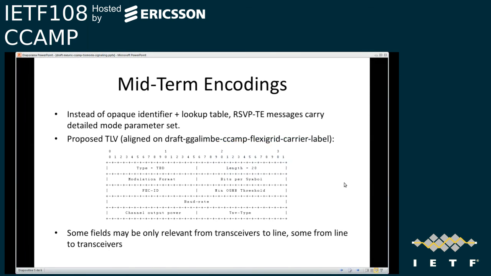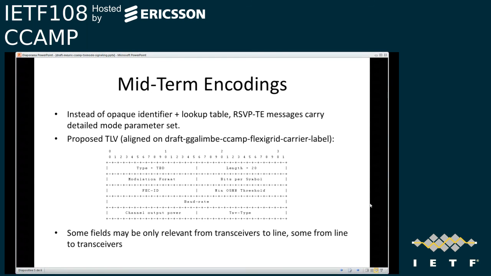The alternate encoding that we proposed would be mid-term, but would better fit the evolution of the network on the set of modes, is to encode the detailed set of optical parameters within the RSVP-TE messages themselves. And to achieve that, we propose a new TLV to support a set of parameters. So far, this is the one that is included in the draft. We aligned it on the draft